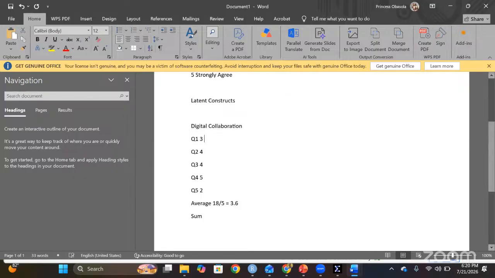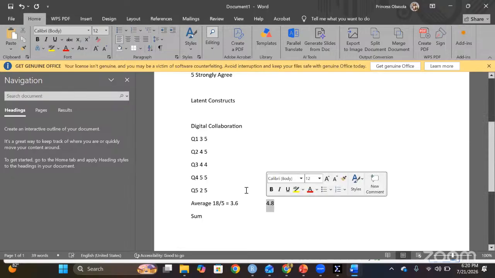So you already notice that someone else might say 5, 5, 4, 5, 5. If you look for the average of this person, that would be 5 plus 5, 10. 10 plus 4, 14. 14 plus 5, 19. 19 plus 5, that's 24. 24 divided by 5, that's 4.8 for that second person. You already see that this person is saying that there is a higher level of digital collaboration in the organization